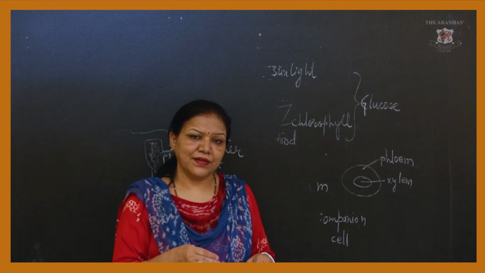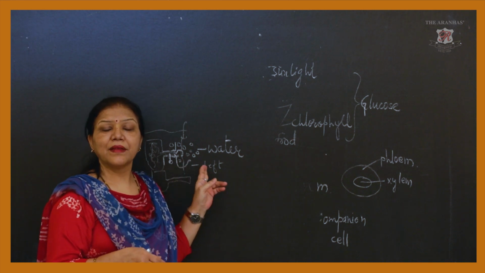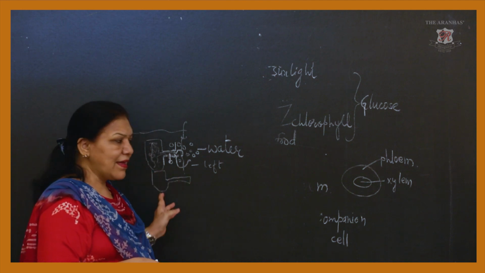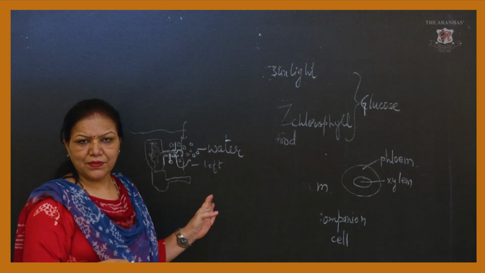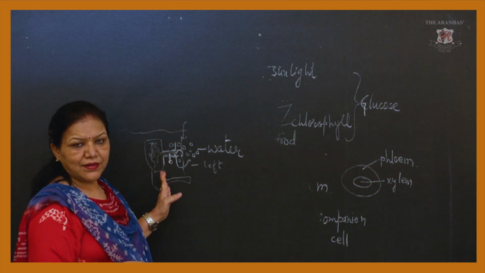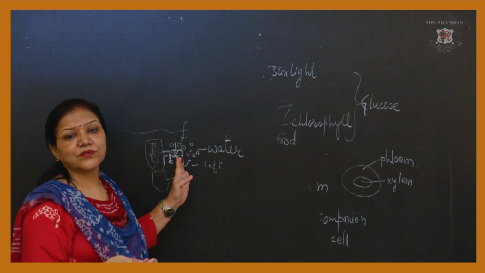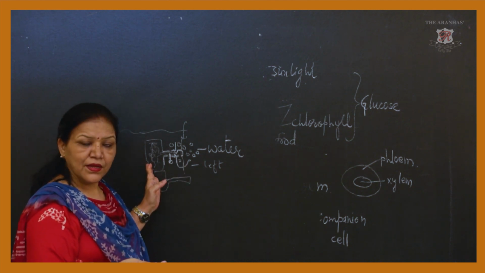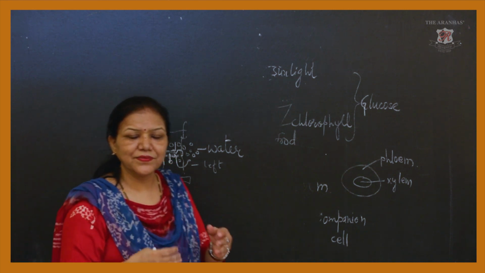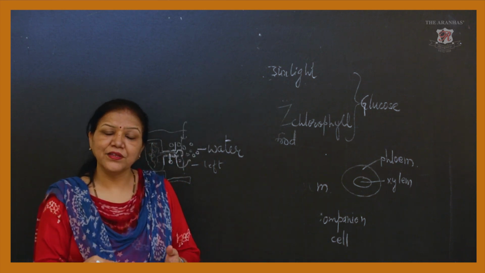Inside this root hair, there is a selectively perforated plasma membrane present. This plasma membrane acts as a selectively permeable membrane, and that is why only water molecules are allowed inside. With water molecules, some minerals may also get inside, because the water mixes with the soil. Soil is a rich source of minerals and nutrients.